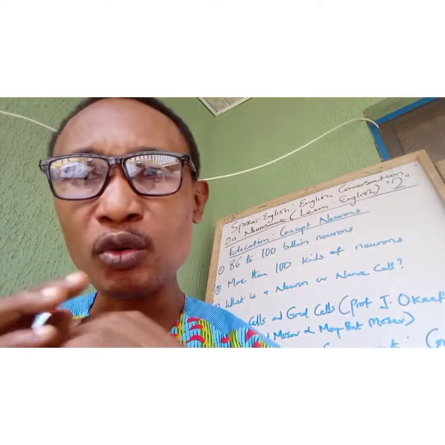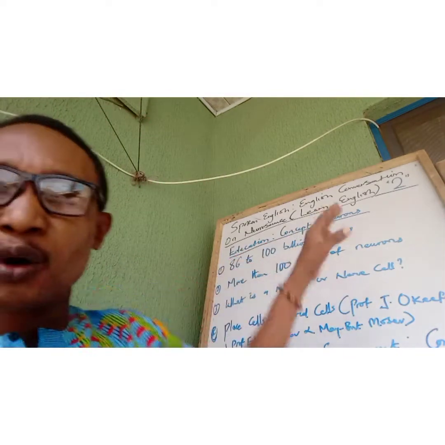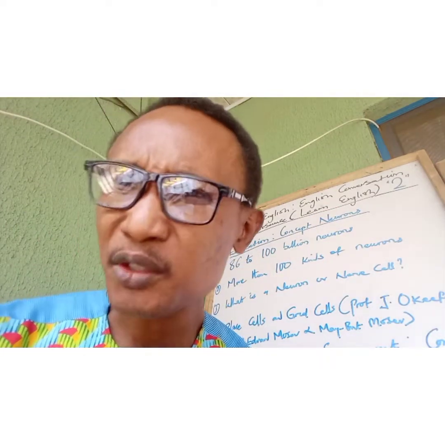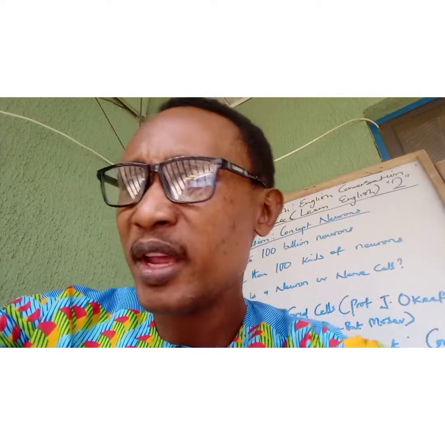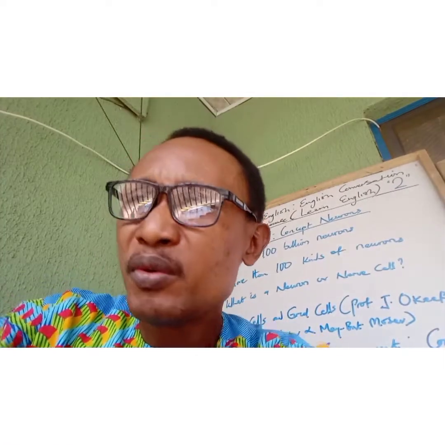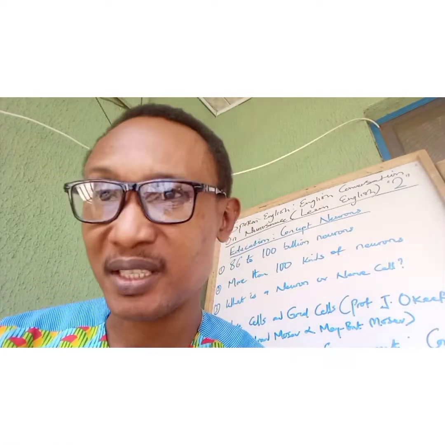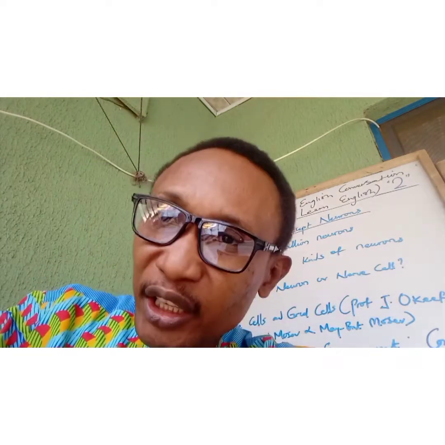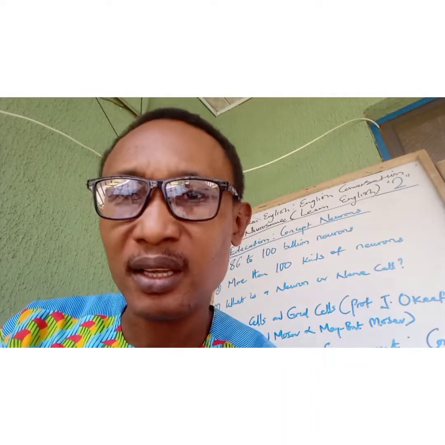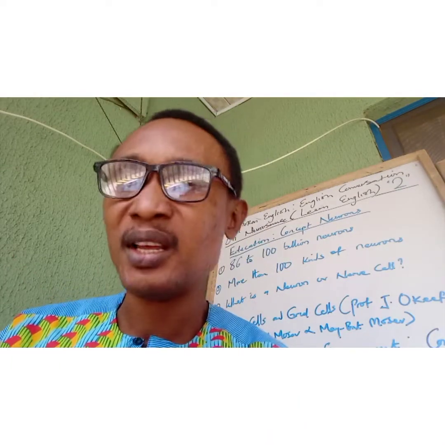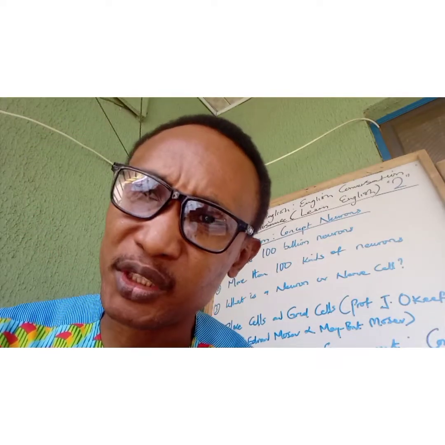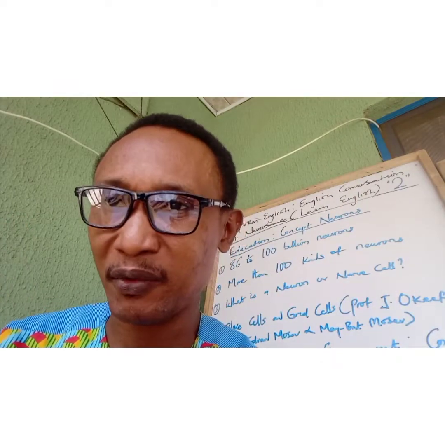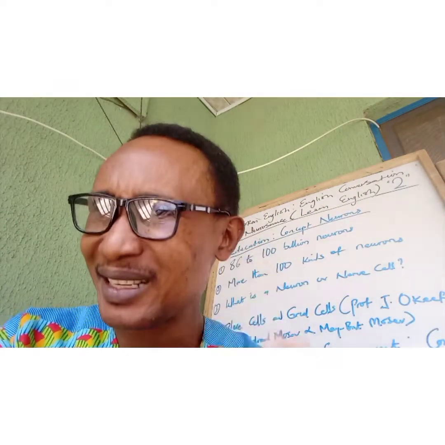So what we are going to be looking at today is what I call the concept neurons. Briefly, in the brain we have about 86 to 100 billion neurons. And these neurons are not just dedicated to one activity. We have populations and assemblies of neurons that are dedicated to each activity, if you know how to sing, dance, read, or do public presentations, etc. Whatever you know how to do, note this at the back of your mind: there are populations of neurons that are dedicated to that activity.